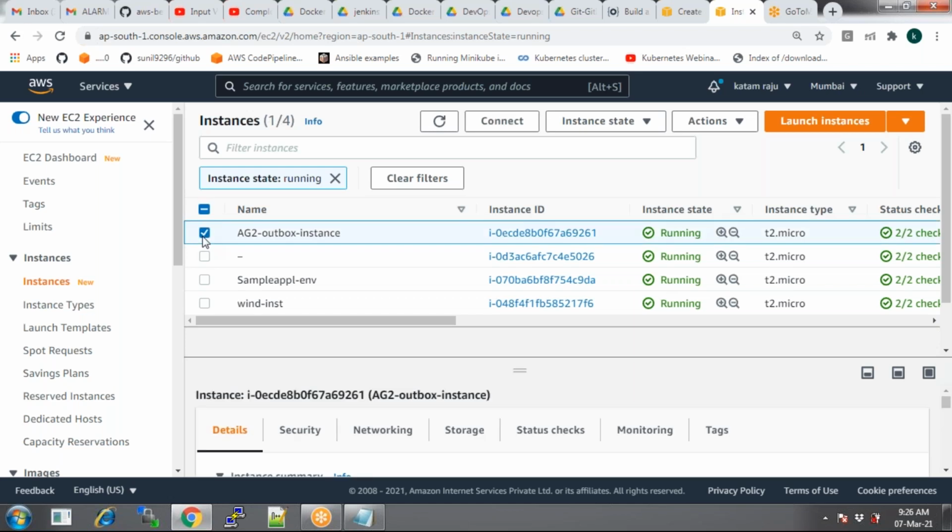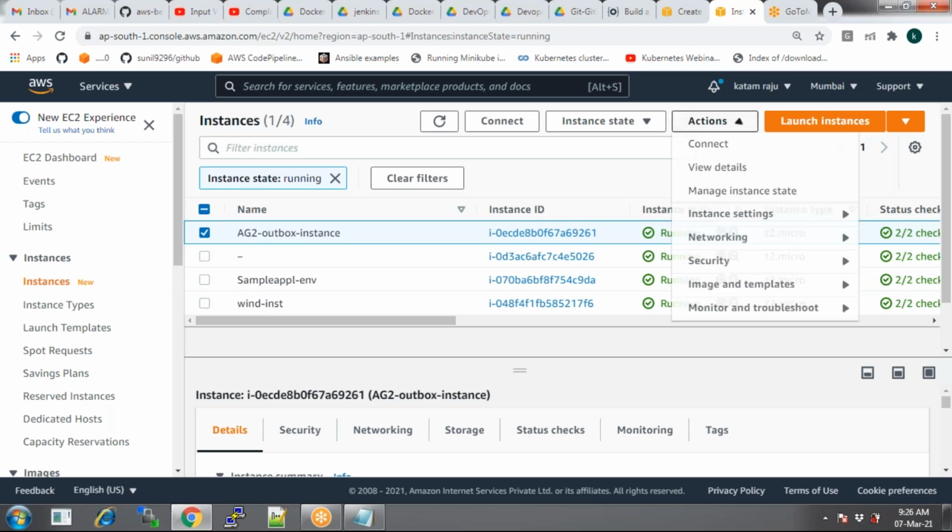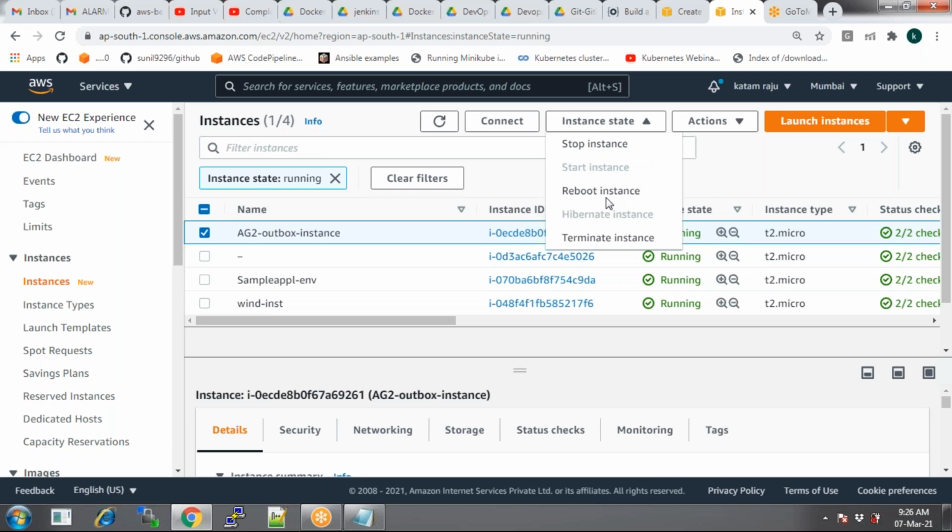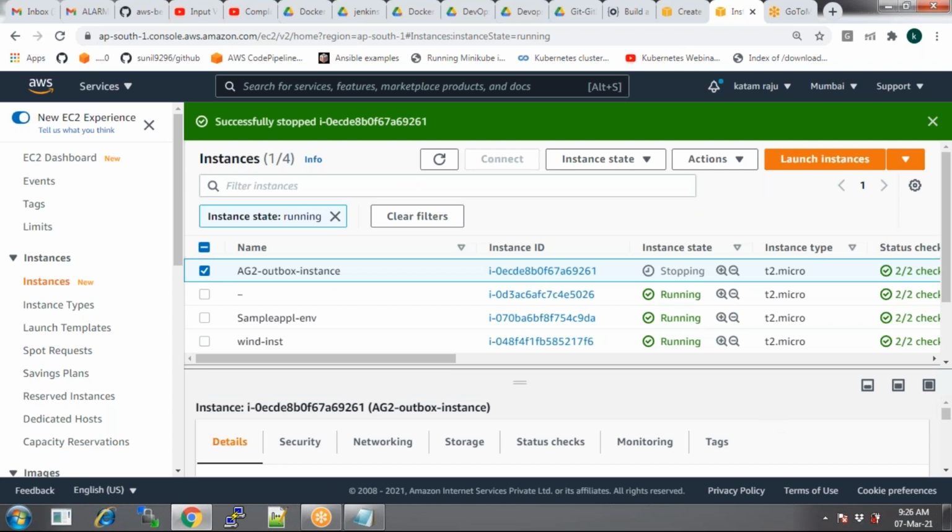Select the instance. That is my EC2 instance, with some application deployed on it. I want to stop the instance. Assume that my instance is stopped for some reason, for example the CPU utilization of the instance is more than 70%. Let's stop the instance manually. Now, according to the auto scale concept, what has to happen? Another new instance, a replica of the instance, should be created. So it will be creating a new instance.